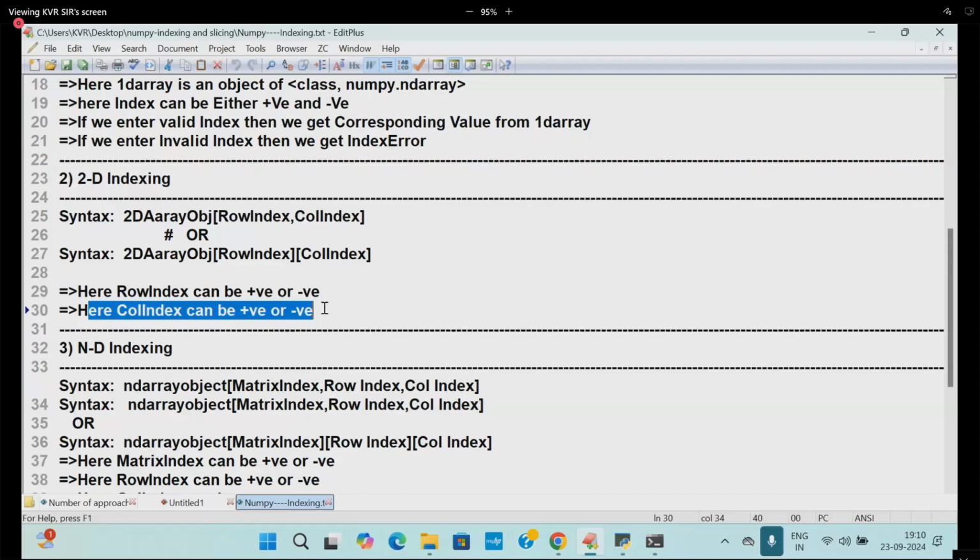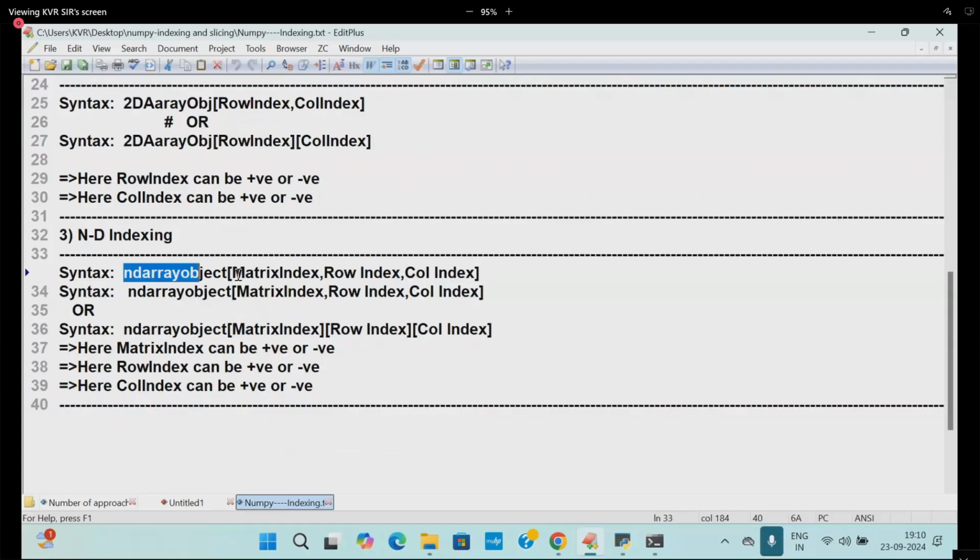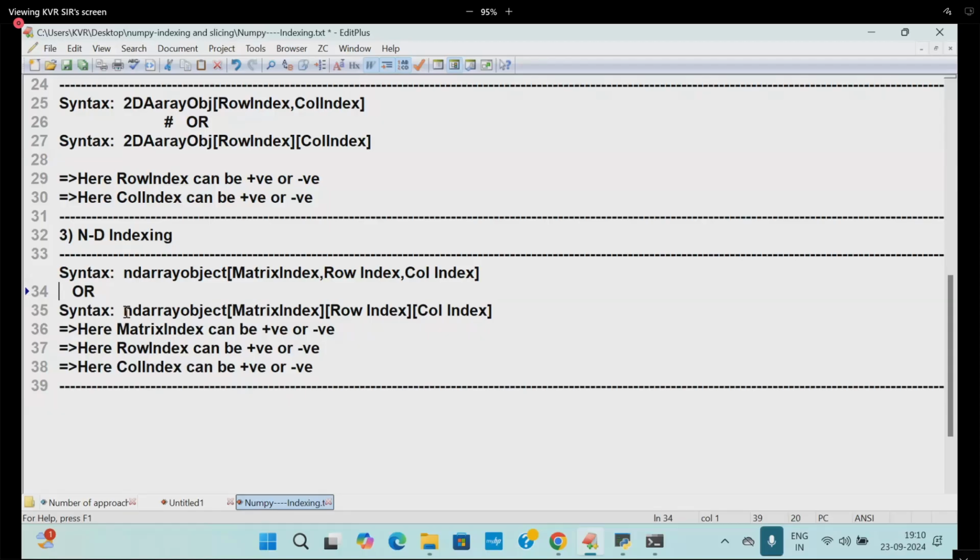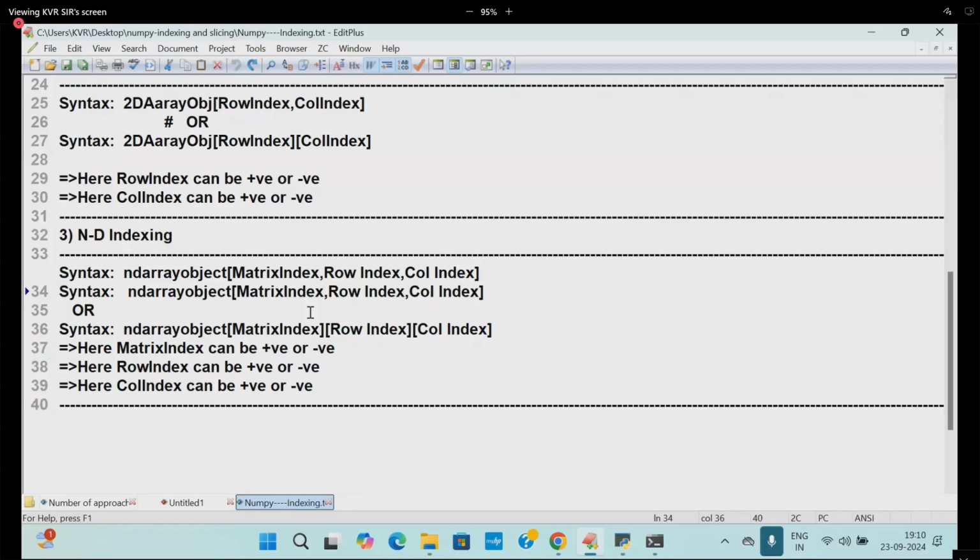Or one more way: ND array object of matrix index separate, row index separate, column index separate. So positive, negative, all these combinations are possible.